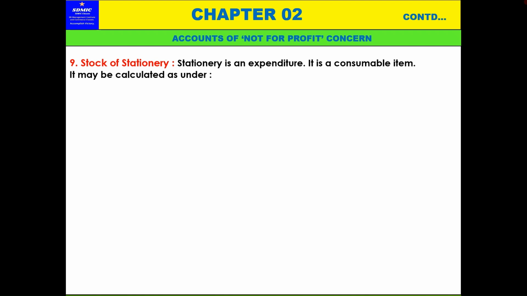अब स्टॉक ऑफ स्टेशनरी। इसमें नॉट फॉर प्रॉफिट ऑर्गेनाइजेशन में स्टॉक ऑफ स्टेशनरी का अकाउंट लेते हैं। स्टेशनरी कंज्यूम्ड कितना है, ओपनिंग कितना है, ड्यूरिंग द ईयर कितना परचेज किया, और क्लोजिंग स्टॉक कितना है, ये सब चीज़ें होती हैं। तो उसमें स्टॉक ऑफ स्टेशनरी लेते हैं।